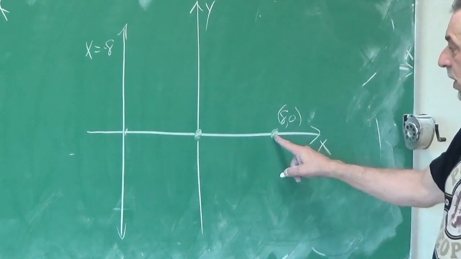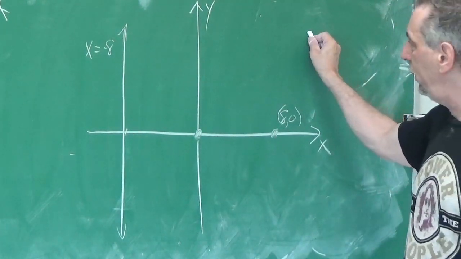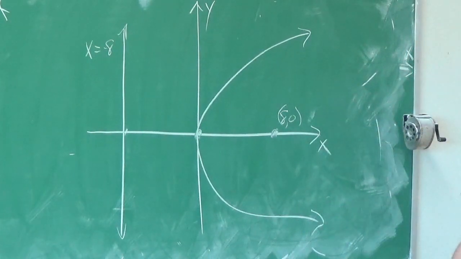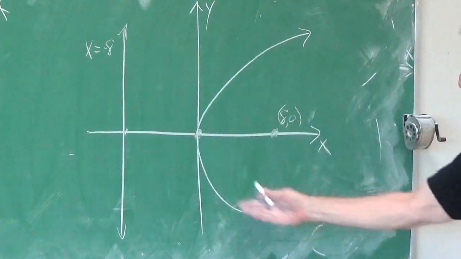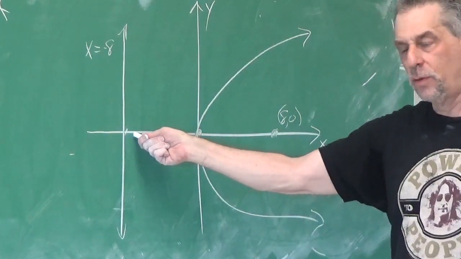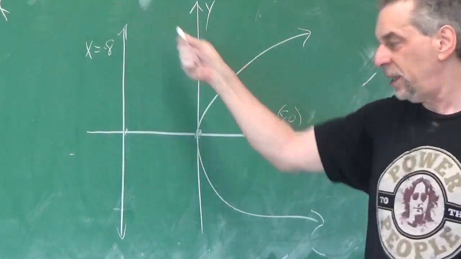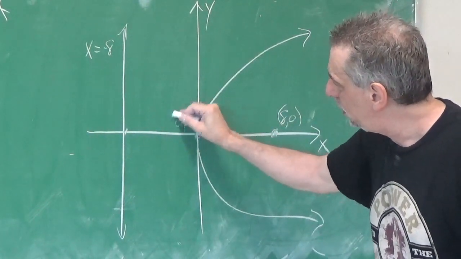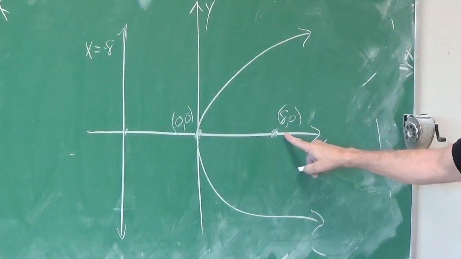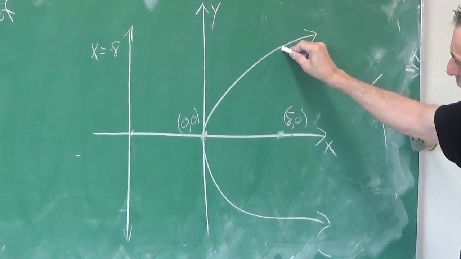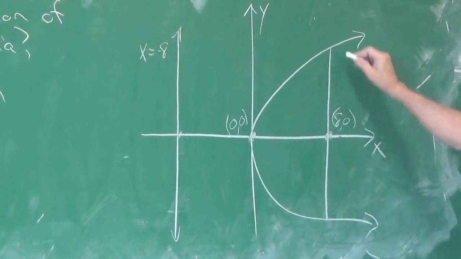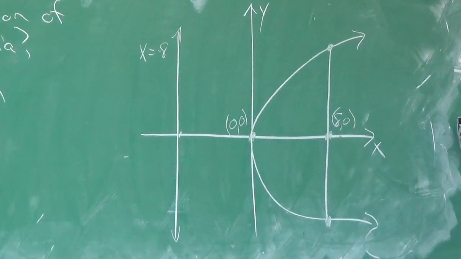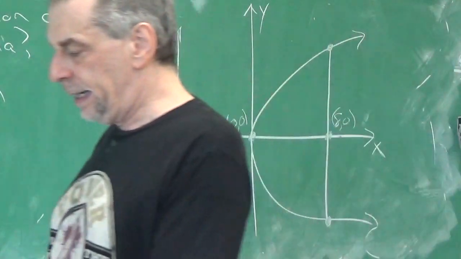And if the focus is here, we know it's opening this way. Because we know the focus is always within the parabola. If the focus was over here and the directrix was here, then it would be opening the other way. Okay, so we know the vertex is at 0, 0. We know the focus is at 8, 0. We draw the line through the focus to get the endpoints of the latus rectum. And let's see here,